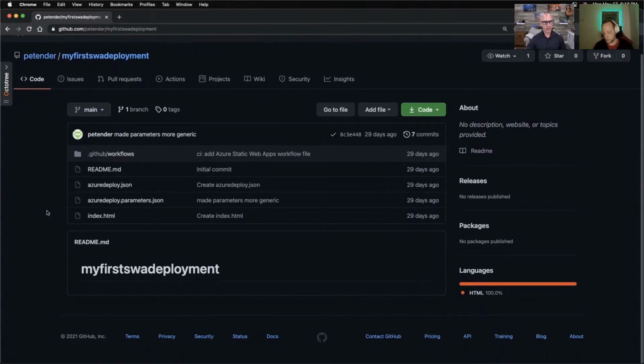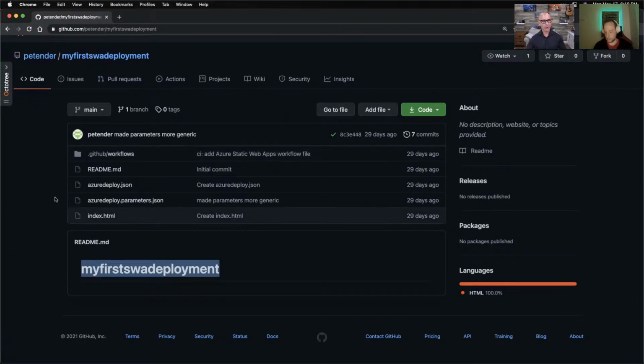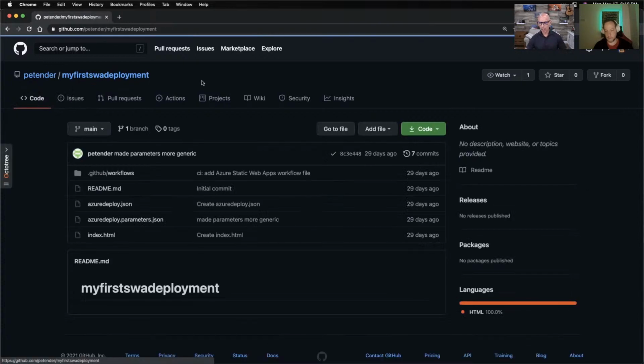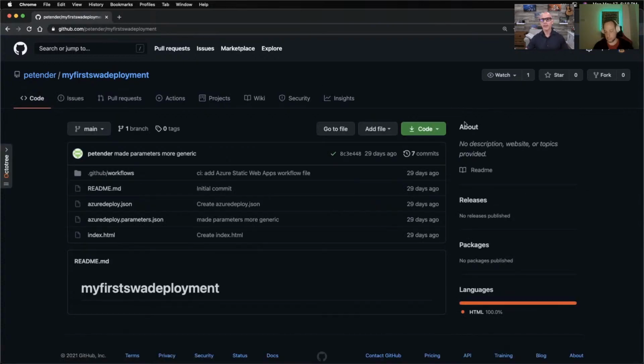Now, let's say I look at his README and I'm like, this README could use a lot more content. So what I could do is go over to the issues and I could be really mean to Peter and say, why are you such a terrible person? Why don't you add more to your README? Or I could say, you know what? I'm going to go fix this myself. I'm going to try to contribute back. So that's what I'm going to choose.